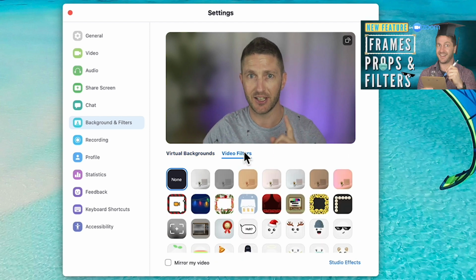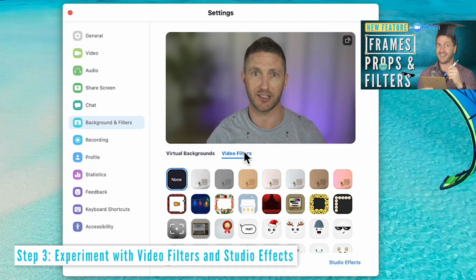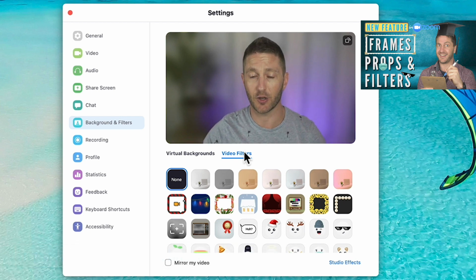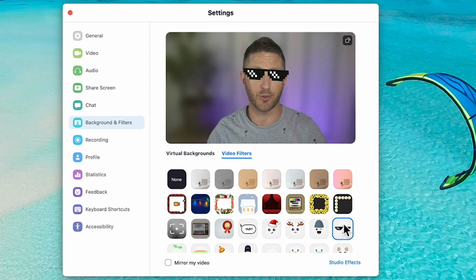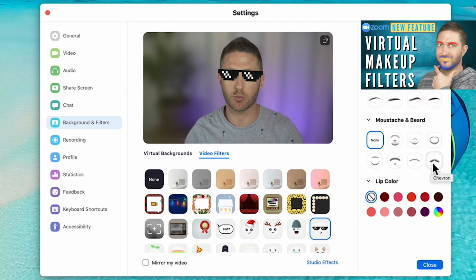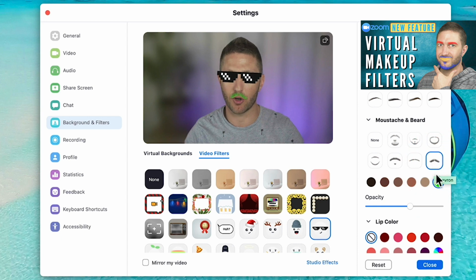filters feature. And I've done a tutorial on using these, which you can also see right here. So for example, I can just go ahead and choose everyone's favorite sunglasses like this, and still the blurred background is working well. And if you want to get really carried away, why not add some virtual makeup filters while you're at it, as these will also work with the blurred background on and the video filters all at the